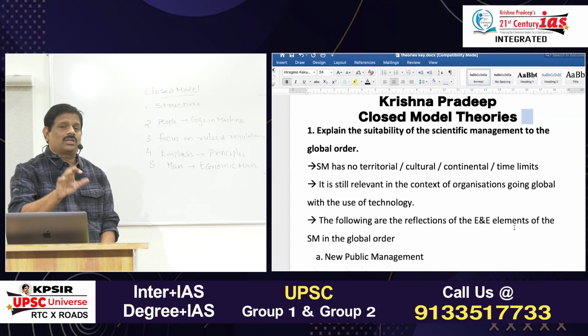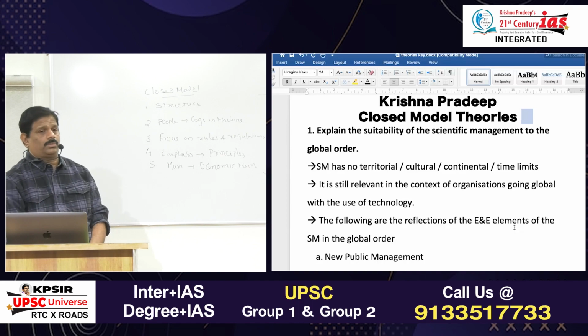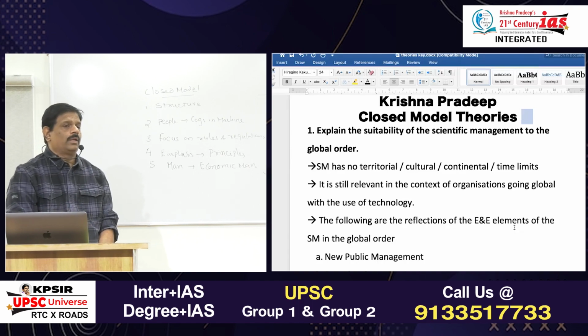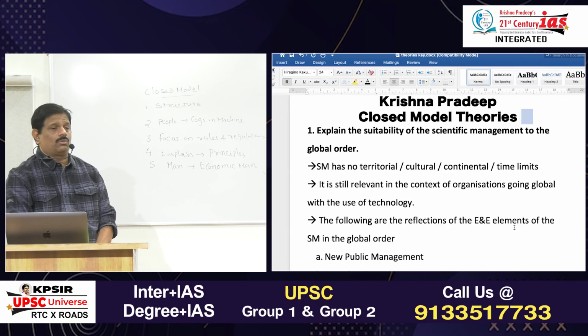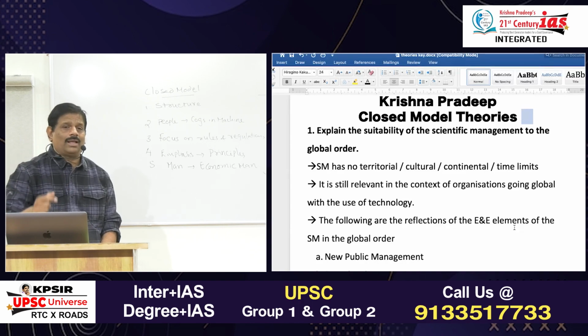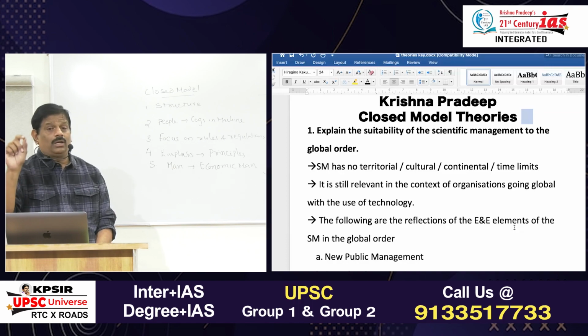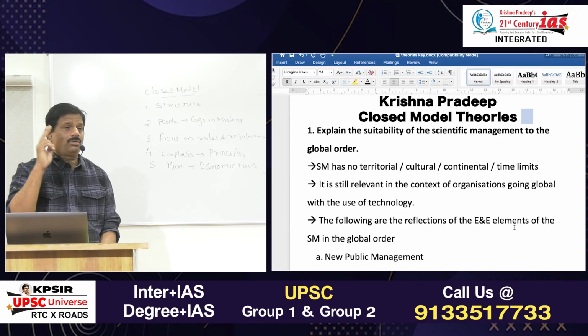When the mobile apps are standardizing the procedures, it has become easy for people to access the administrative system and its benefits. You don't have to visit an administrative office. If you happen to visit the administrative office, you have to face the wrath of the bureaucrats. You have to face the corruption from the bureaucracy. You will be ill-treated by the bureaucrats. You will be made to wait for 2 or 3 hours to meet the bureaucrat if you have any grievance to be redressed. But all those things will not be there in